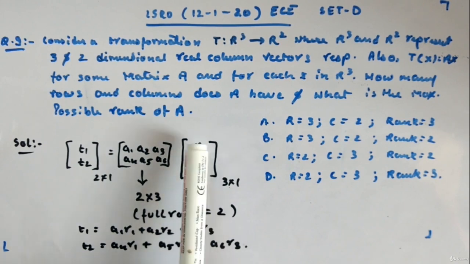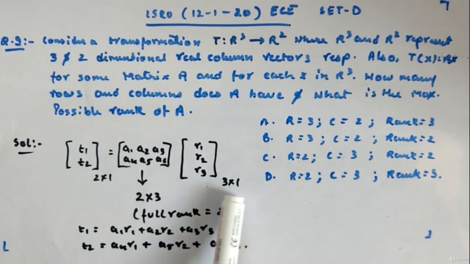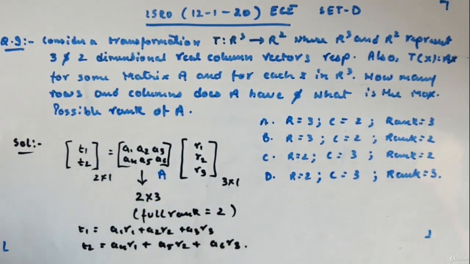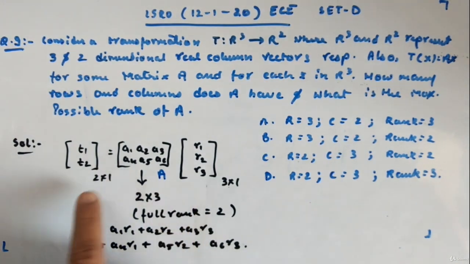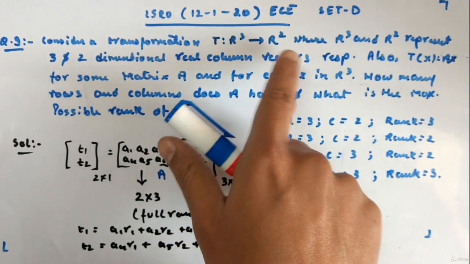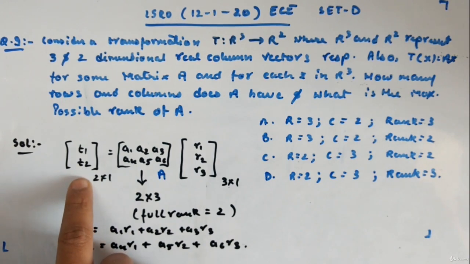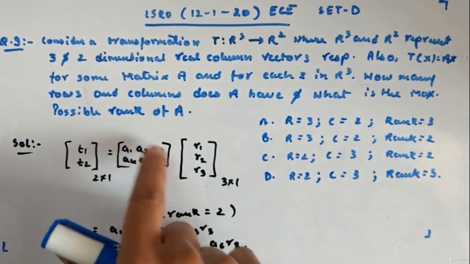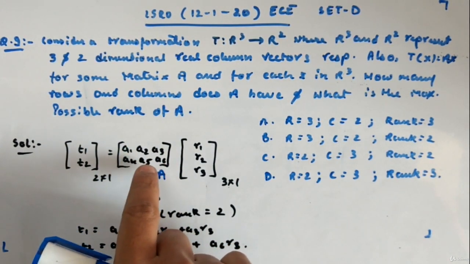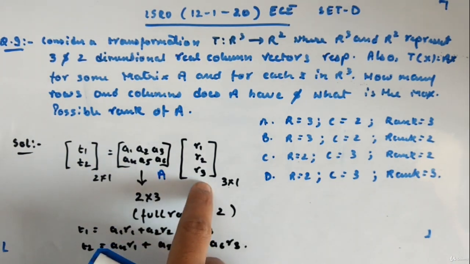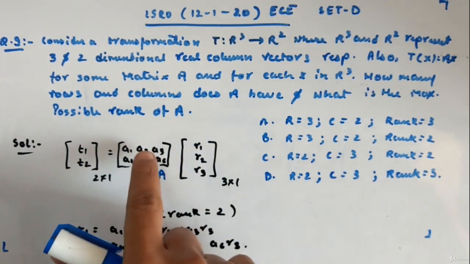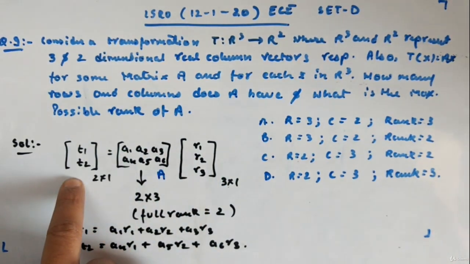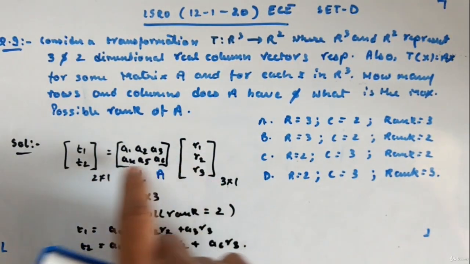So we have real quantities R1, R2, R3, and it's a 3-dimensional vector. It is multiplying with a matrix. This is your A matrix, and it is converting into a 2-dimensional vector. Okay, all the quantities are real. Now you have to decide this matrix A, its rows and columns and its rank, so that this vector will multiply with this A and transform into a 2-dimensional vector. Mind you, all the quantities are real.